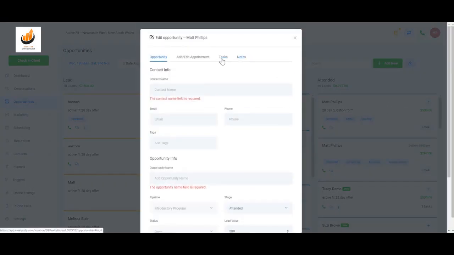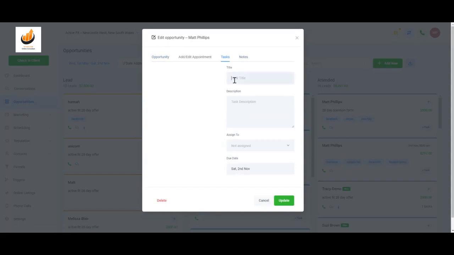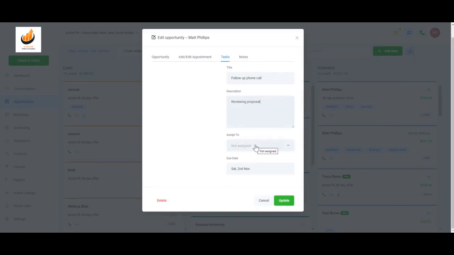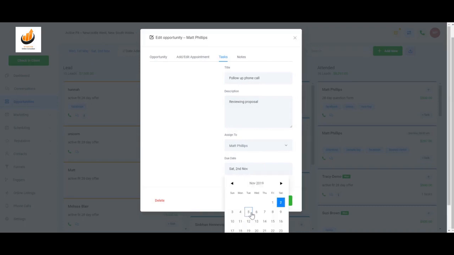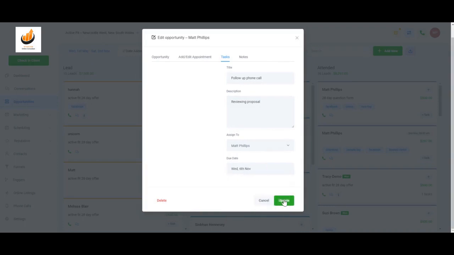within that opportunity, you can set a task. So for example, here we could say a follow-up phone call, and you could put in the description, reviewing proposal, and you can assign it to a particular user on your team, okay? And then you can set a due date, okay? So in this case, we're going to use the 6th of November, and we'll update that, which will save the